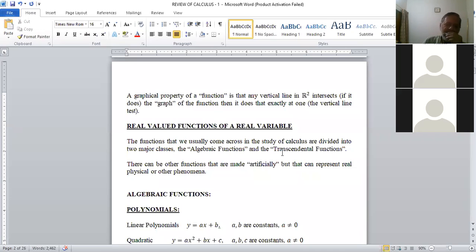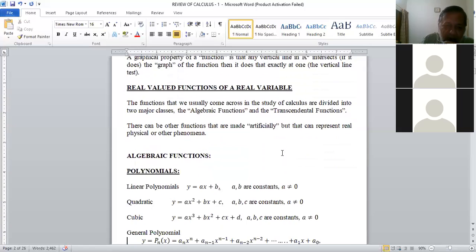हम सुना रहे हैं दोबारा. Algebraic functions क्या होते हैं और transcendental functions क्या होते हैं? I'll be going through that. So algebraic functions जो हैं